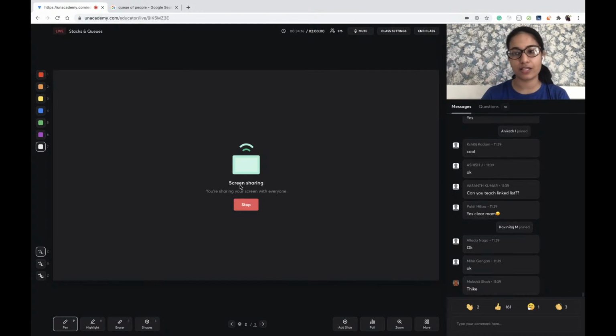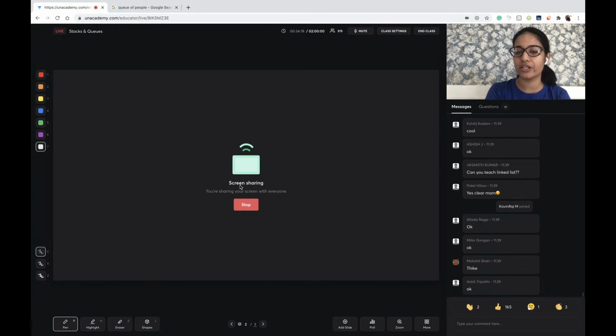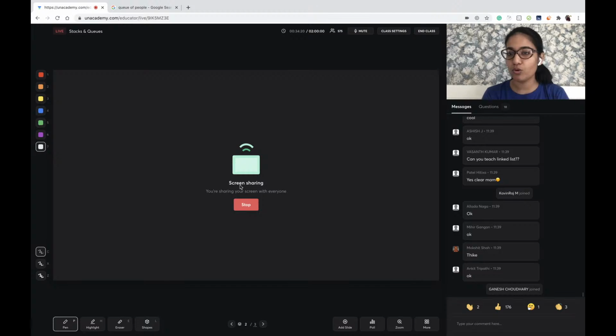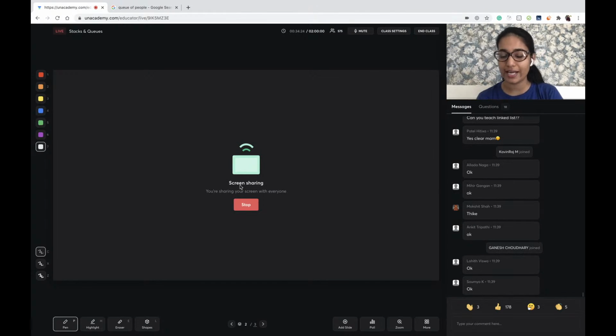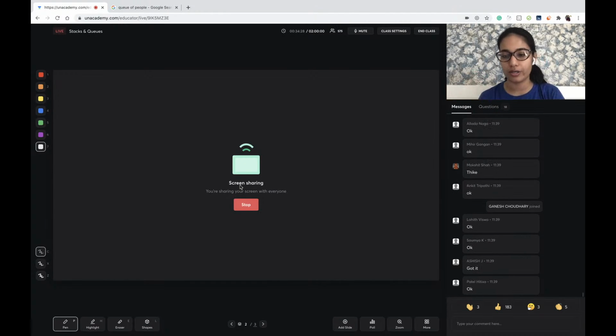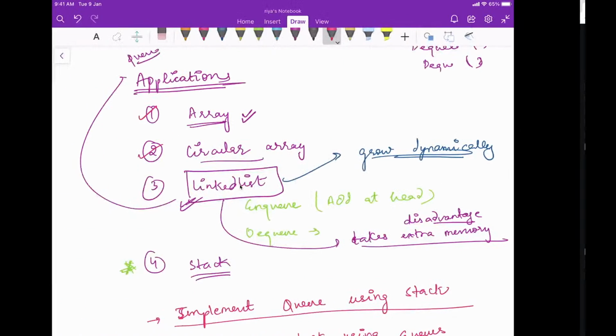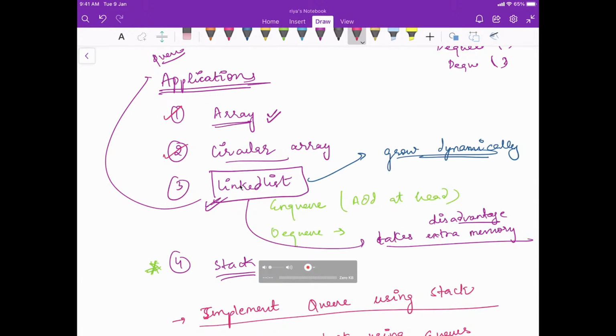If these things make sense to you, तो you can put the solution in the chat that ma'am, this is my approach, this is what I am thinking, please tell me if my approach is right or not, ठीक है. Then the teaching assistants will tell you if you are in the right direction or not, right? If you are in the right direction, you can put it in the chat and follow it by a thumbs up, ठीक है. चलो start करते हैं. Let's take the questions one by one and solve them, ठीक है.